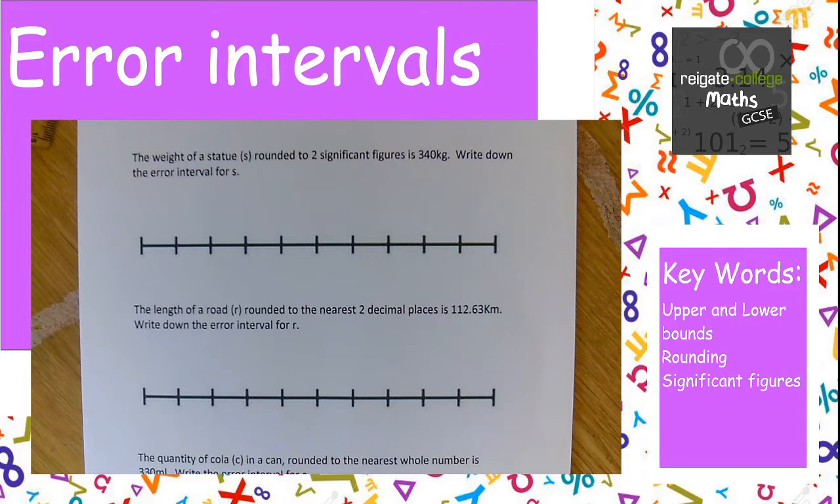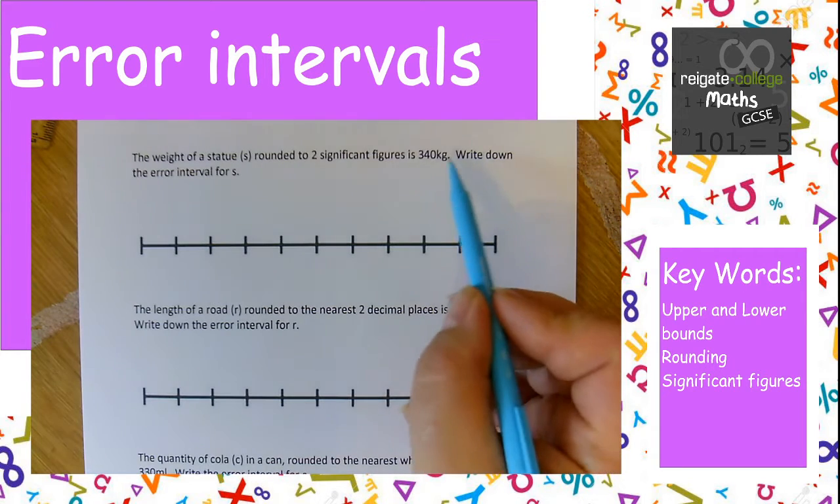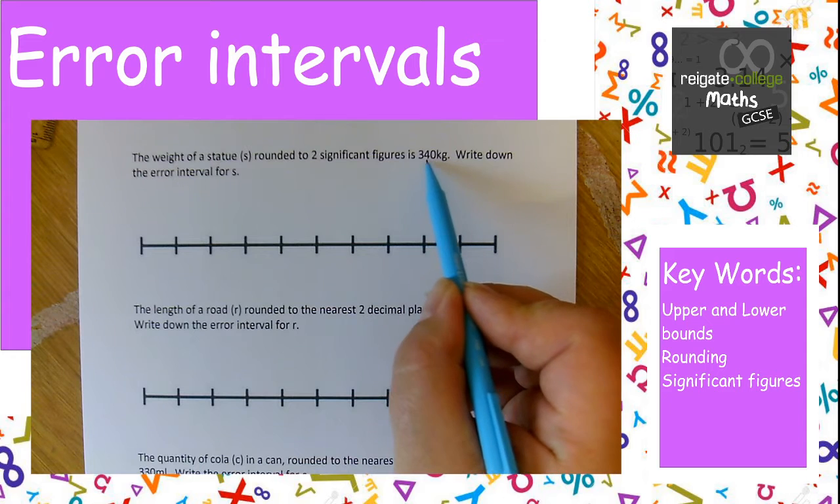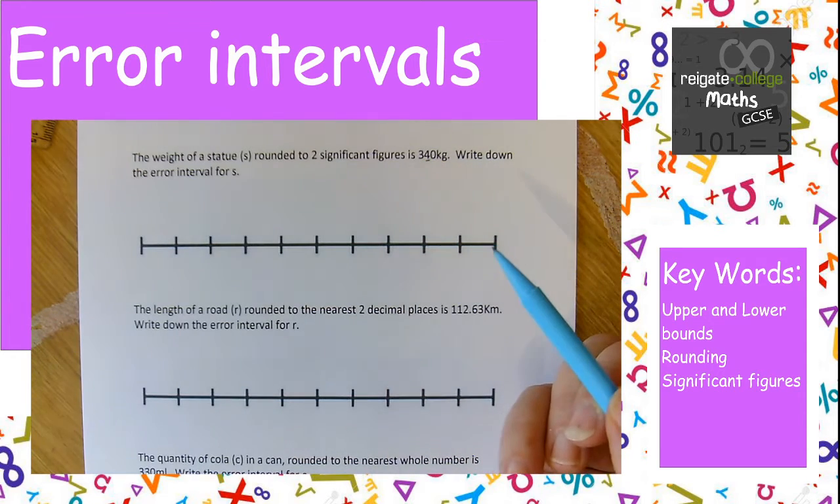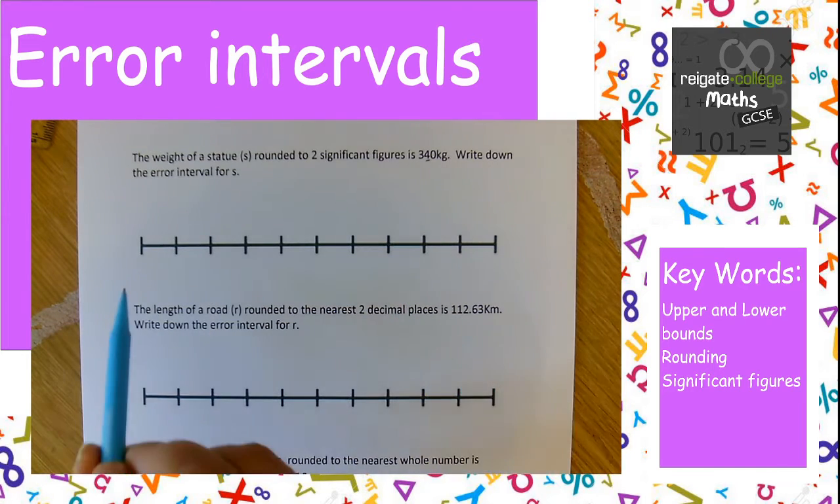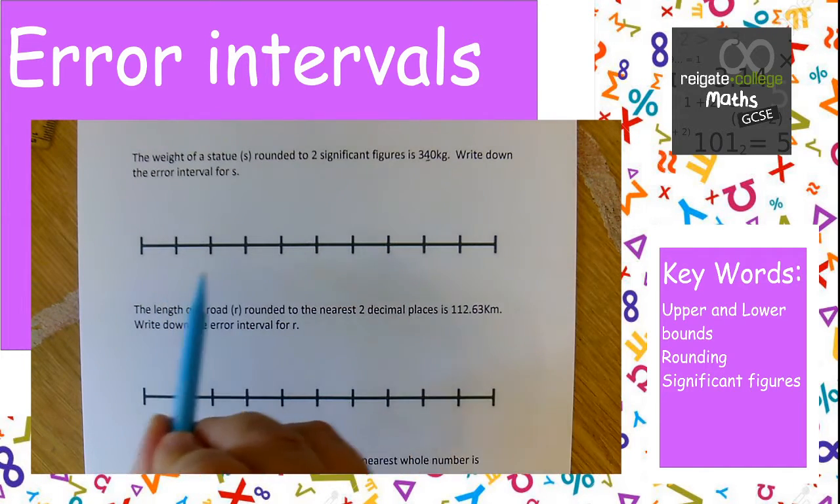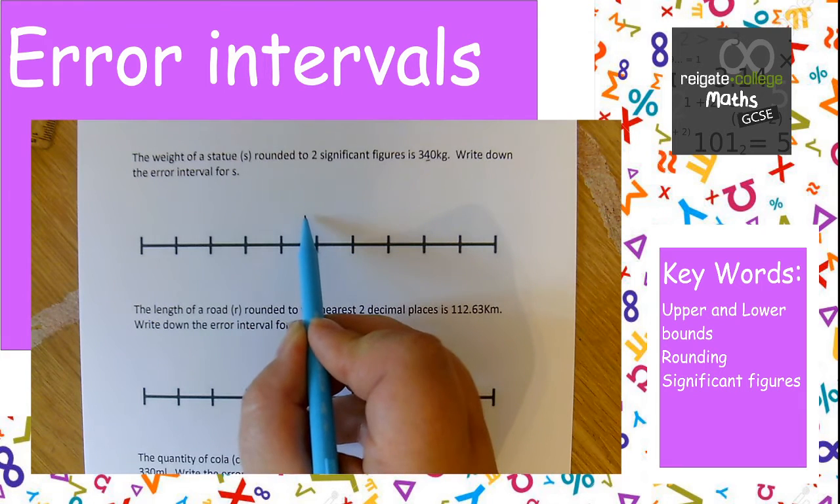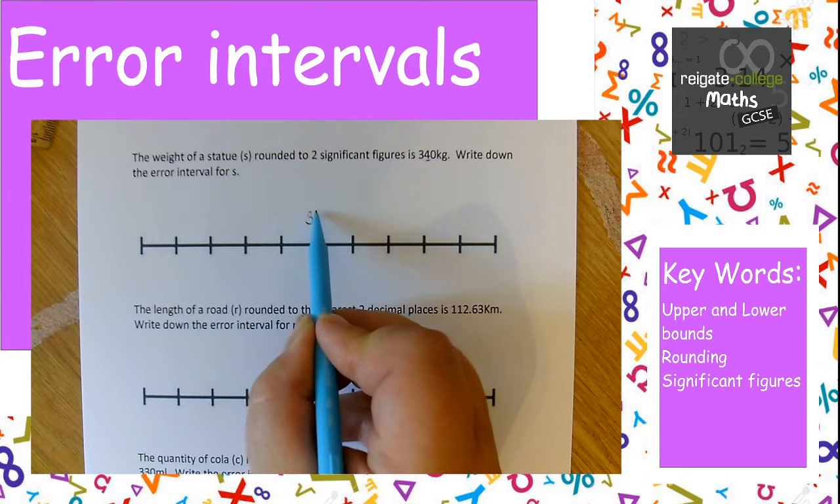To calculate an error interval, we are first looking at our lower and upper bounds, the point at which we round to. Our first question says we are rounding to two significant figures. So in the case of 340, we're rounding to the nearest 10. I'm going to demonstrate the intervals by writing these on the number line, starting right in the middle with the number that we've rounded to,